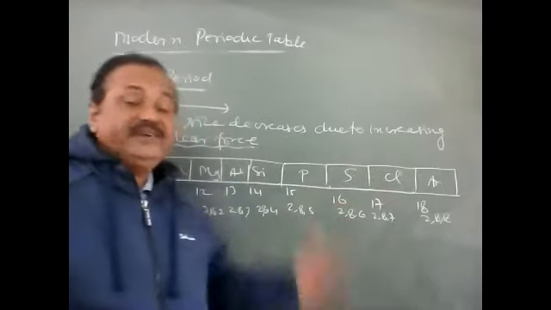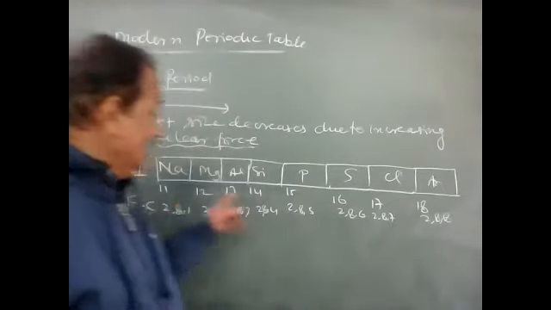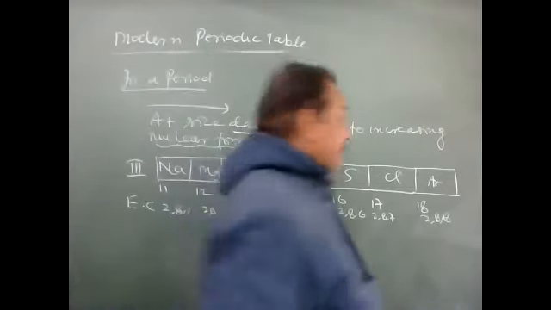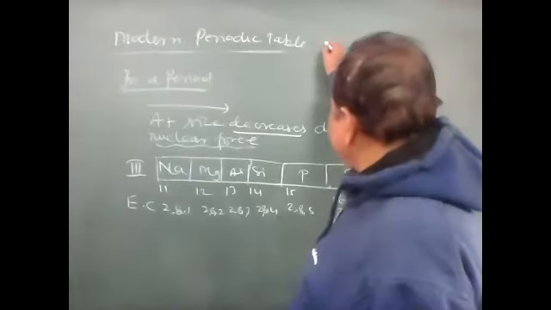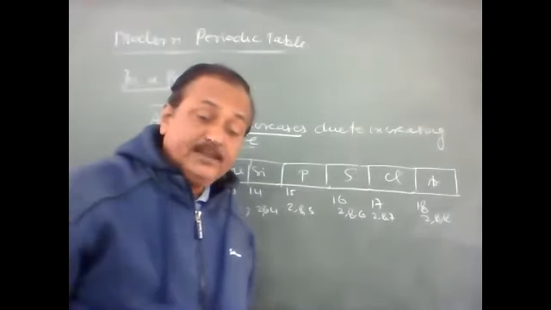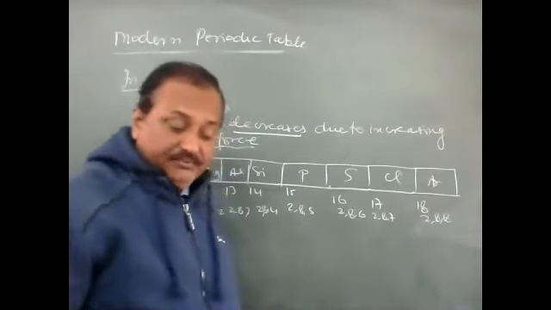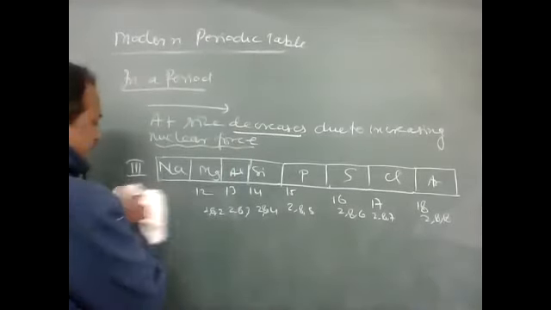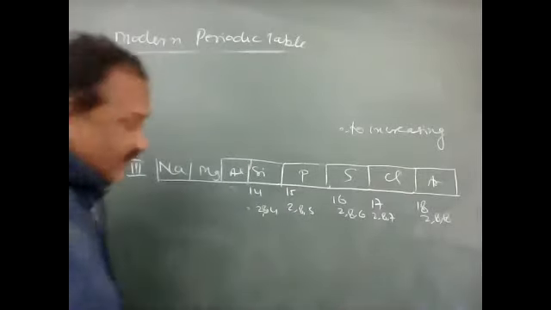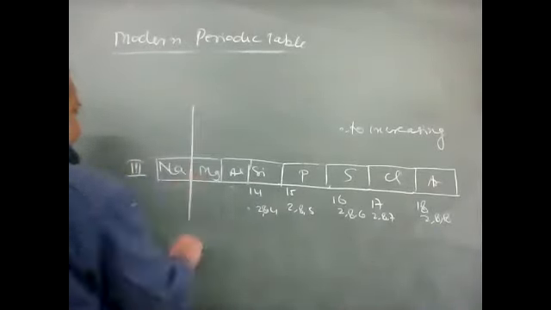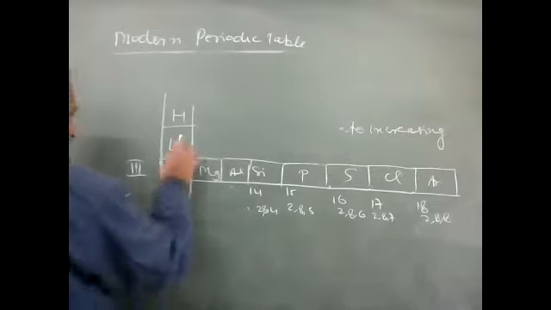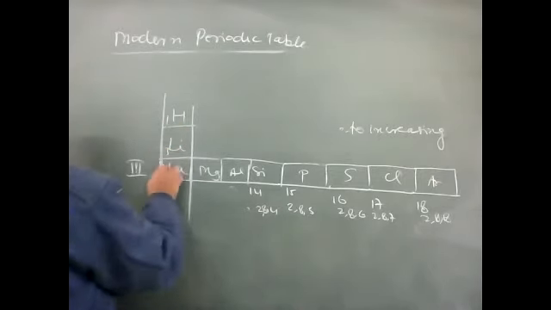As a result, the valence electrons are attracted and atomic size decreases progressively in a period from left to right. But when we take the case of a group, in a group, atomic size keeps on increasing because with every successive element, there is the addition of a new shell. See, I am taking here this first case. Here there is lithium, here there is hydrogen, like this. 1, 3, here there is 11.